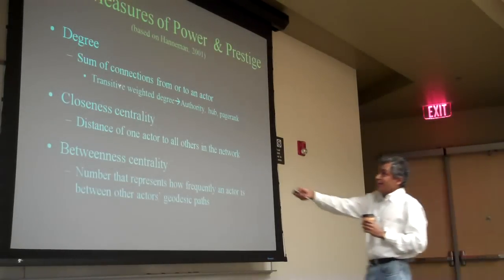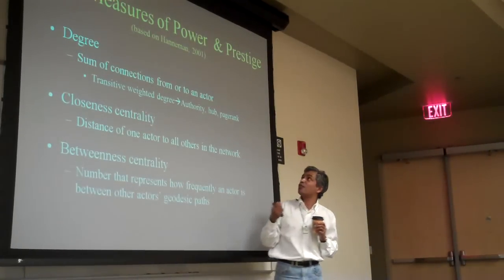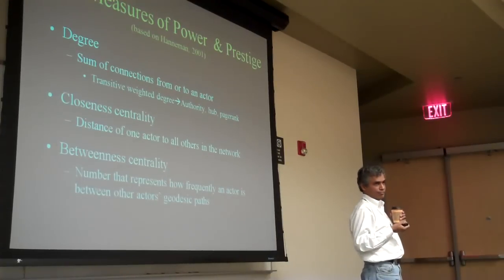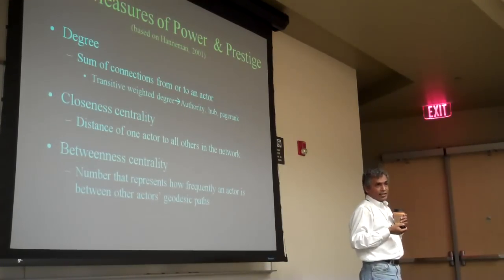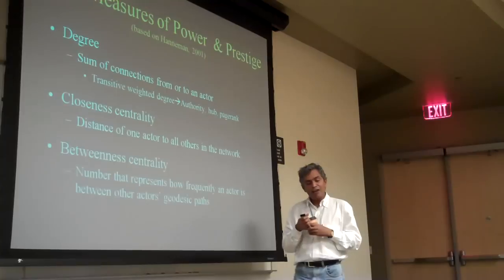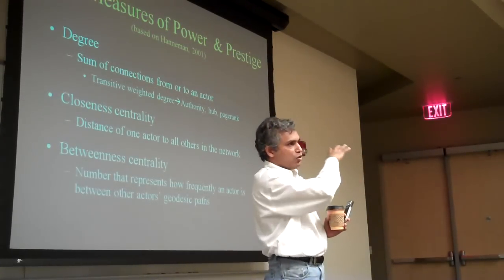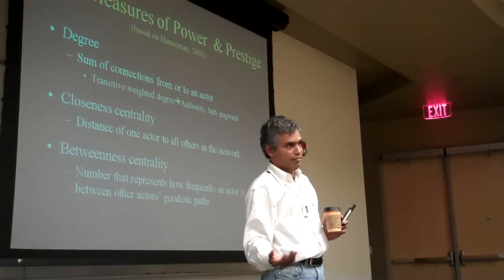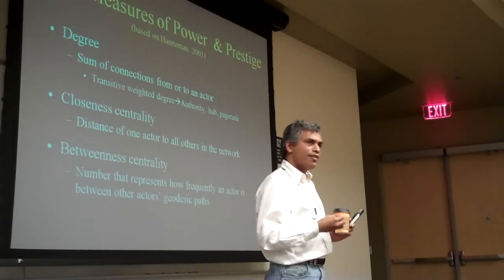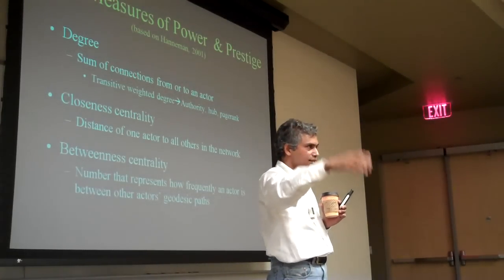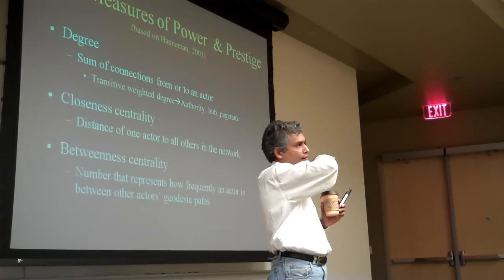You can talk about degree, which is the sum of connections from or to an actor. If it's a directed graph, you would probably consider the number of back links, that is the links that are coming in; your in degree matters more than your out degree. In deciding how much of a hub you are, you consider your outlinks. In deciding how much of an authority